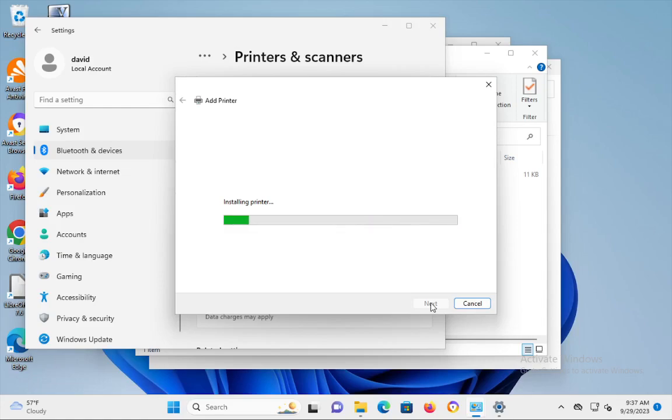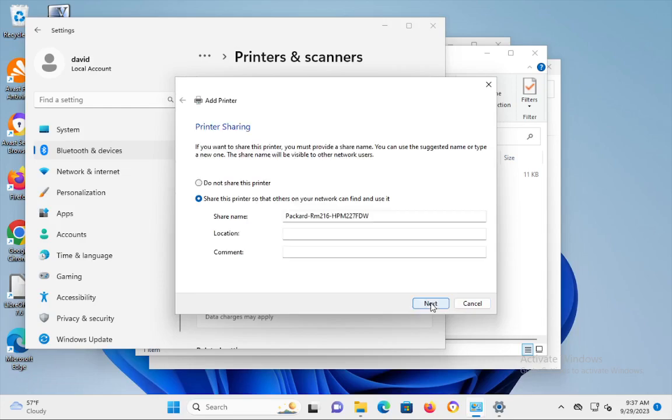It's communicating to the printer and setting the driver up. I'm actually running this on a KVM machine. So I'm not going to share this printer with my machine. So then I'll click Next,